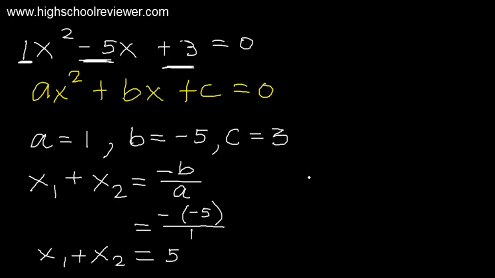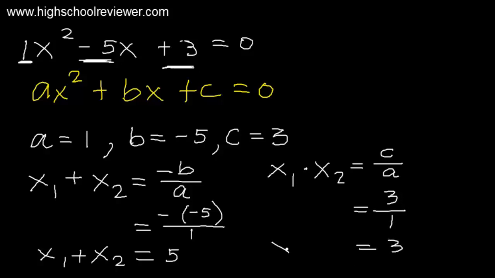And let us solve the product of the roots. We will have x sub 1 times x sub 2, and this will be equal to c over a. So the value of c is positive 3, and divide this by the value of a, which is positive 1. So 3 divided by 1 is positive 3. So therefore our product of the roots, or x sub 1 times x sub 2, is equal to positive